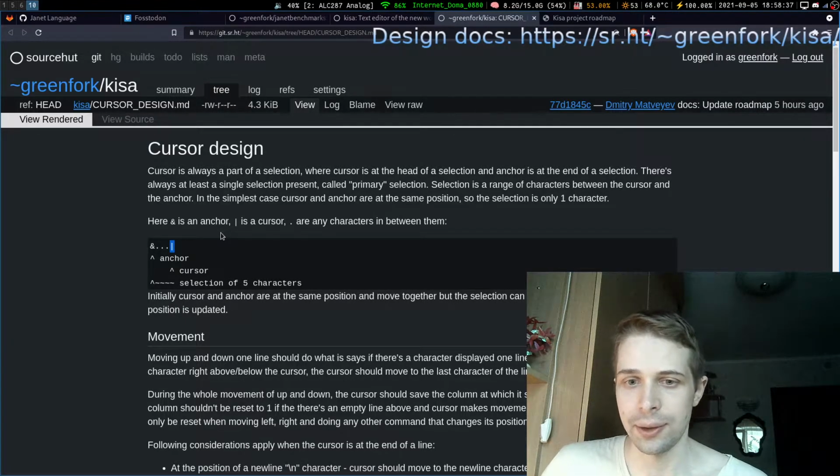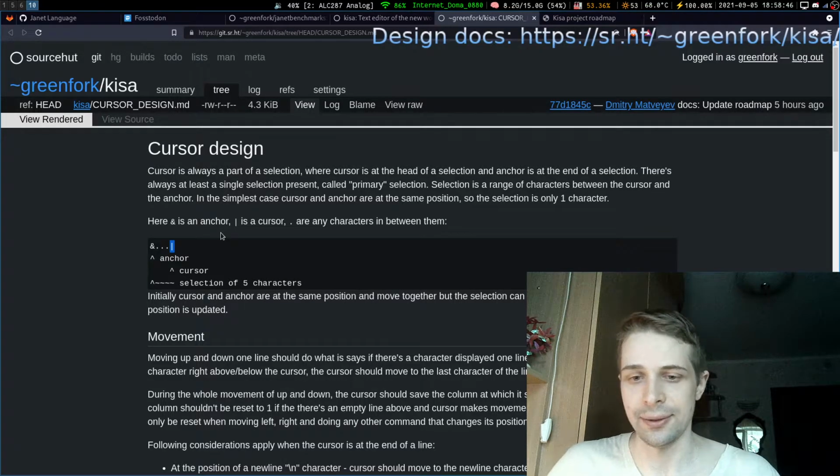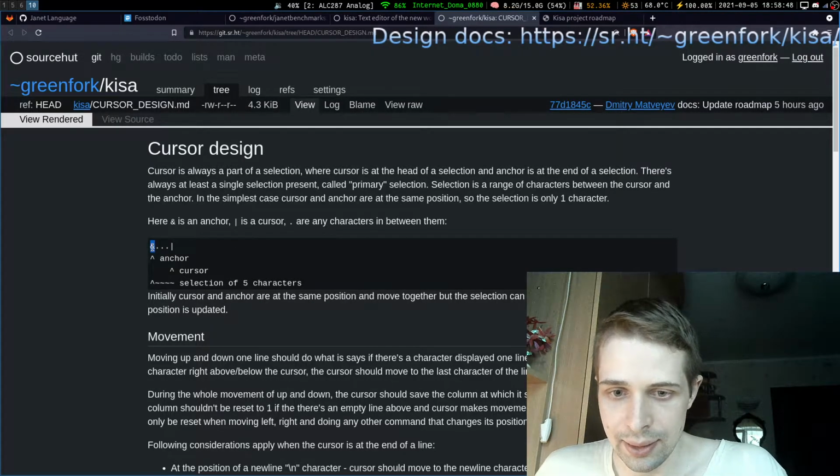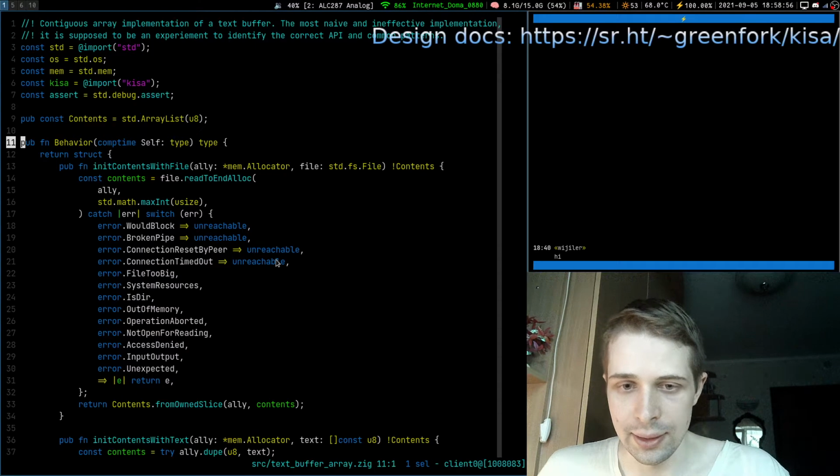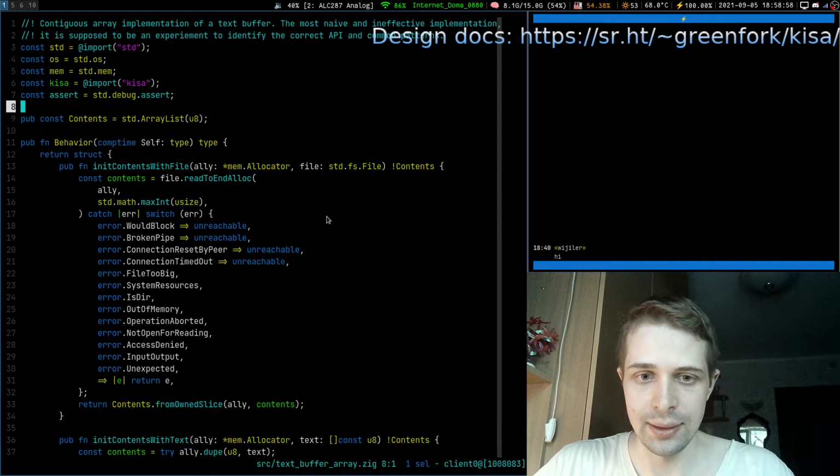So you don't have a cursor apart from a selection. Your main editing primitive is a whole selection. Here it is anchor, and here it is cursor. And this is a selection, and in the simplest case they're the same.